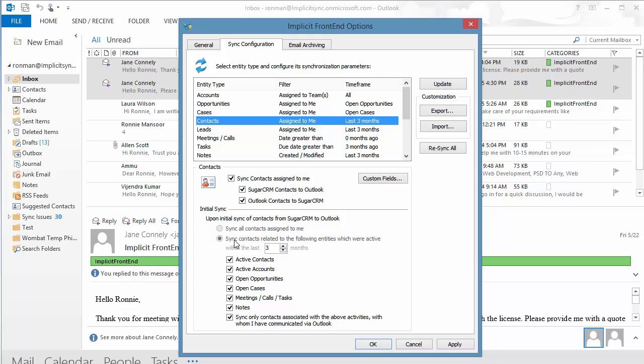You first need to specify the time frame, in the past, during which you've had business activities with these contacts. And this list specifies what type of business activity. So active contacts means contacts that have been newly created or modified during this time frame. Same thing for accounts, same thing for open opportunities, cases, any meetings, calls, or tasks that you've scheduled with these